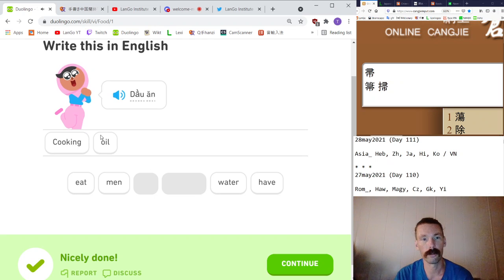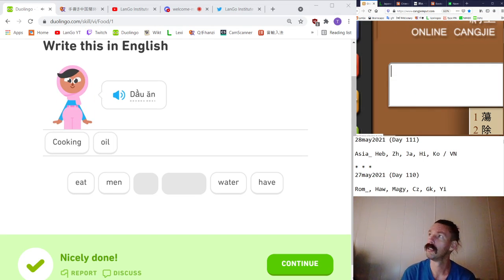Do you know what it is? Is it the jiao that's in the word teriyaki? I don't know, not sure what that is. Do you know the character? I think it's actually this one for oil. Yo.